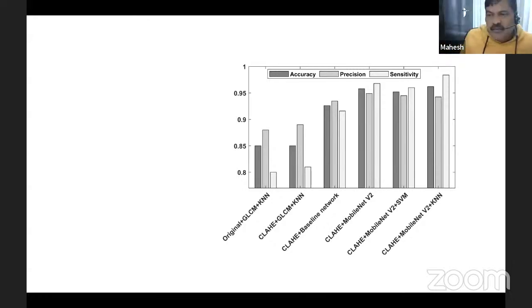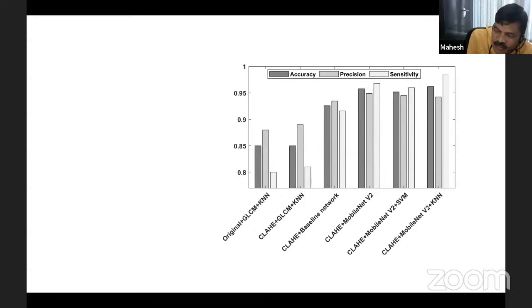So you can see, you have to do research this way. We start with something and keep on continuously improving. You keep changing the modules. So we started with the machine learning algorithm. Then we used the pre-processing block, CLAHE, to improve the accuracy. Then we switched to deep learning by using our proposed baseline network, but that proposed network is not good actually. So we used a ready-made available model, MobileNet V2, and we observed the improvement in